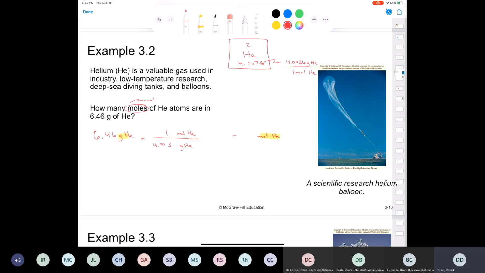4.003, okay? I'm just rounding here. Look at what happens, you guys. Grams of helium cancel out, and what am I left over with? The number of moles of helium atoms, okay? So if I take 6.46, I divide it by 4.003, I already went ahead and did the math on this one. What do you end up with? You end up with